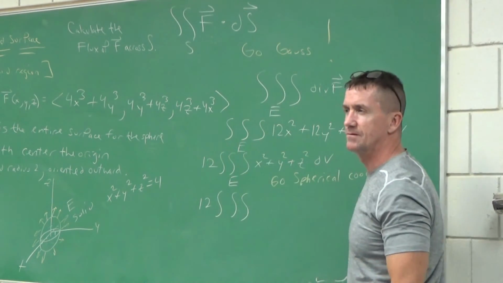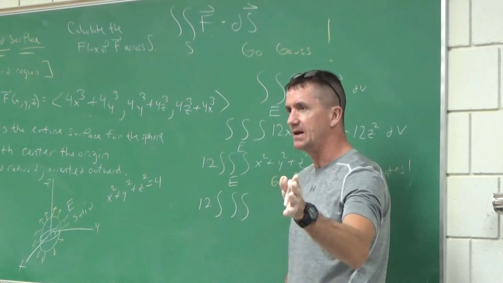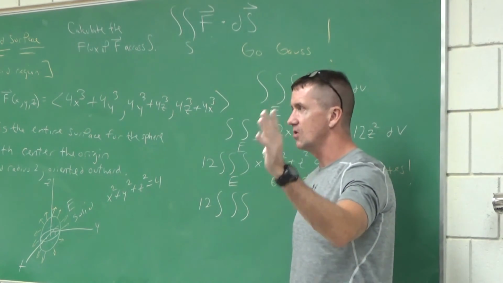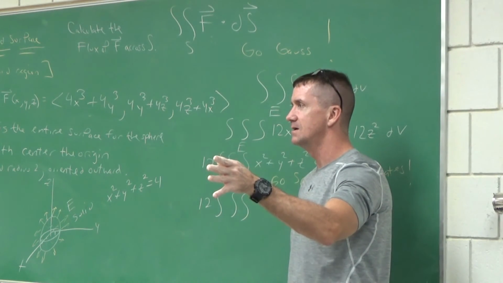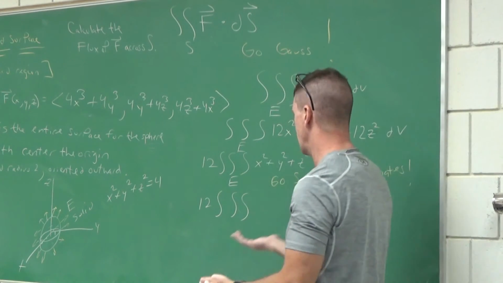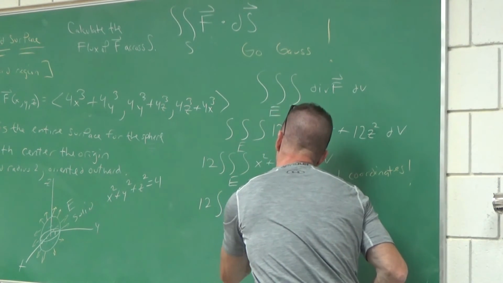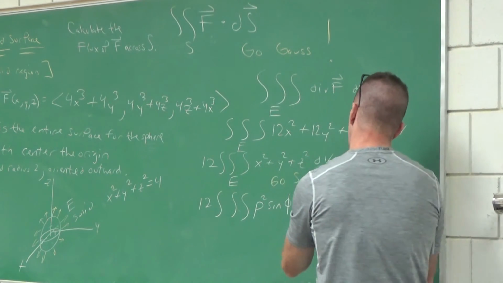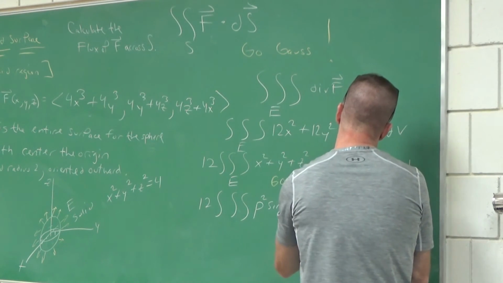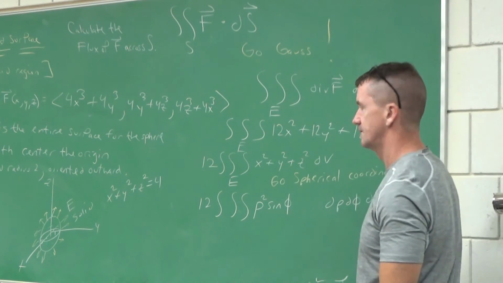What's the volume element for spherical? Remember with polar and cylindrical, it's the r dr d theta? Rho squared sine of phi. Everyone agree? That's automatic. I have to put that down. Rho squared sine phi is the volume element for my d rho, d phi, d theta. Okay. Must put that.